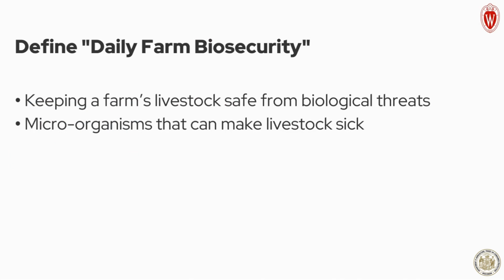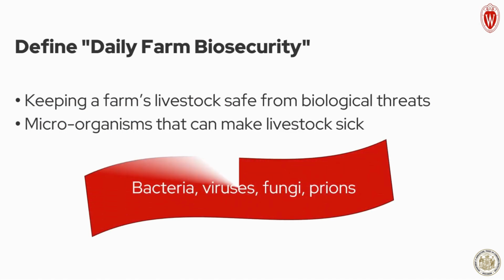We help keep our livestock healthy by protecting them from disease-causing microorganisms, primarily the bacteria, viruses, fungi, and prions that can make our livestock sick. Examples you may be familiar with include E. coli or Salmonella bacteria, IBR or BVD viruses, fungi that cause ringworm, and prions that cause mad cow, chronic wasting